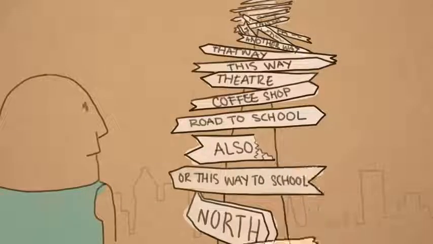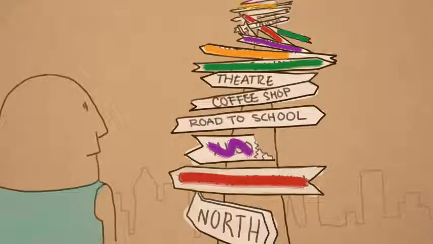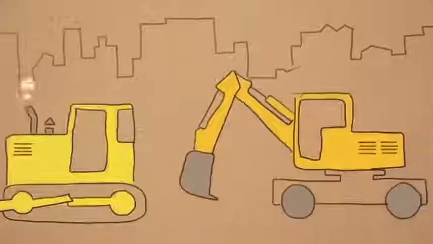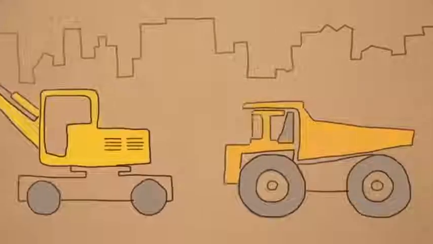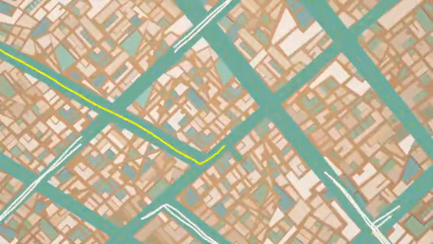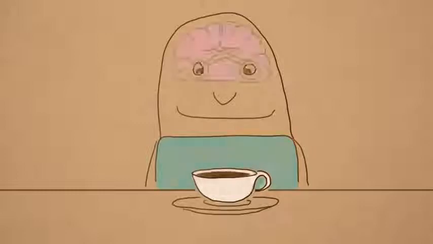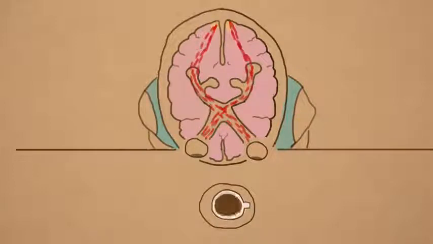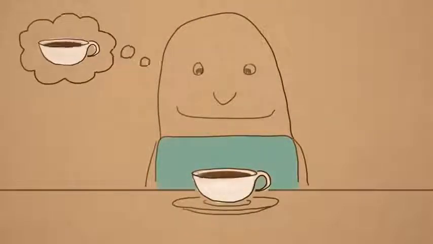And what happens to all those tiny streets you no longer use to get to school? We don't need them anymore, so let's remove that asphalt. This is when synaptic pruning comes into play. Your brain adapts, removing the connections it isn't using anymore. As the cells in your eyes send more and more messages to the visual processing center of your brain, those connections are strengthened. Meanwhile, the connections from your eyes to the auditory center of the brain are pruned away, so information from your eyes is processed only visually.